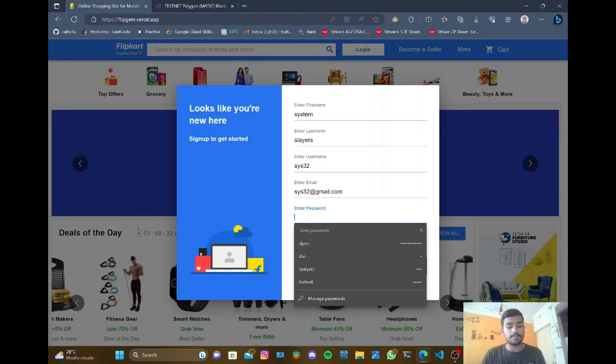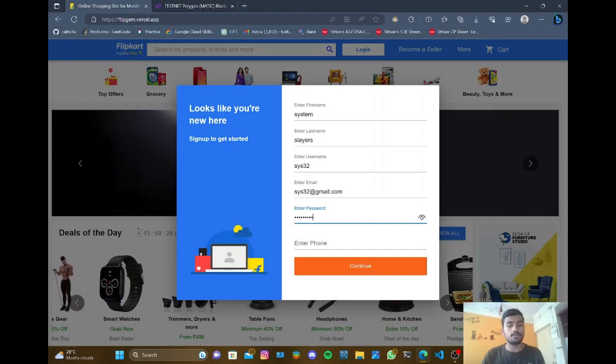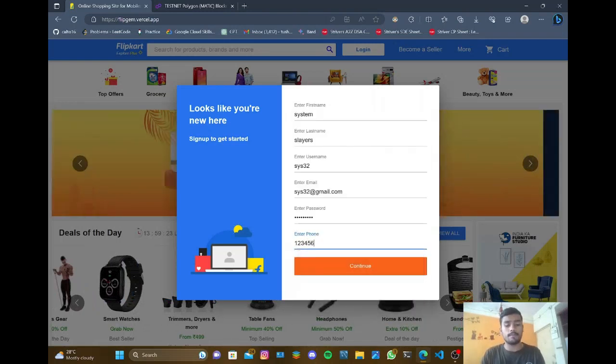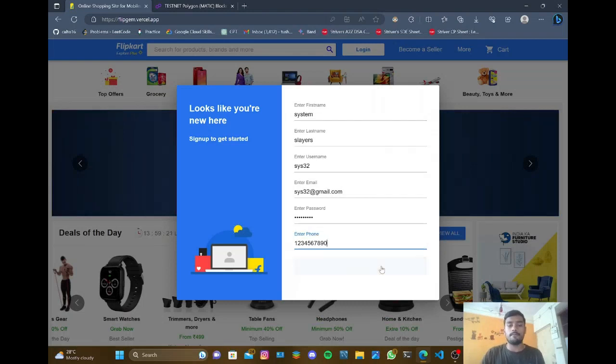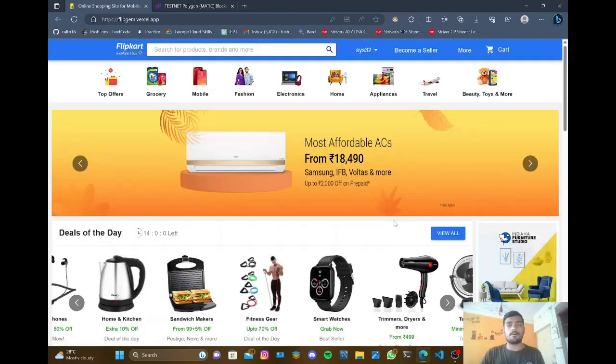Password, a standard password here, sys32@123. Phone, a 10 digit number. So we made our account here. So let's see the magic.